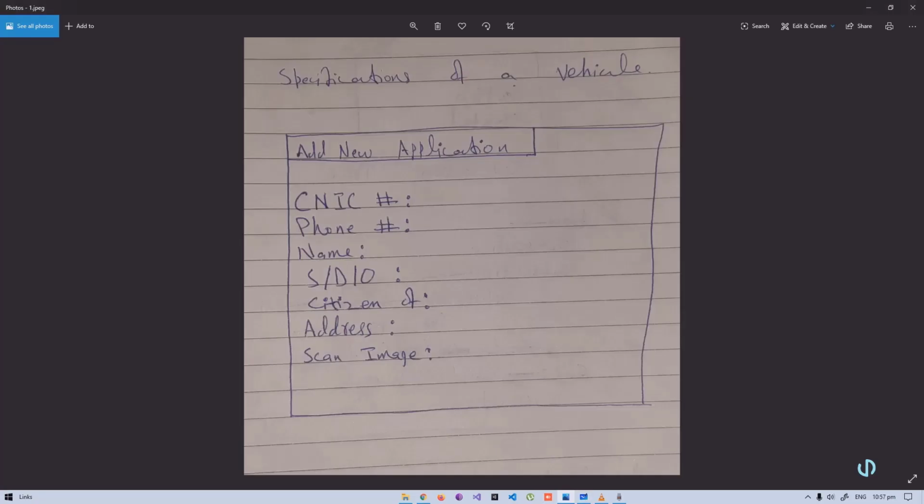So this is going to be our main interface, sorry, main data which we are going to insert and save into the database and retrieve accordingly. First of all, this is the section where we are going to save the information of the owner that owns a vehicle. Let's say there is a vehicle which is a bus. So the owner who is going to own this vehicle,